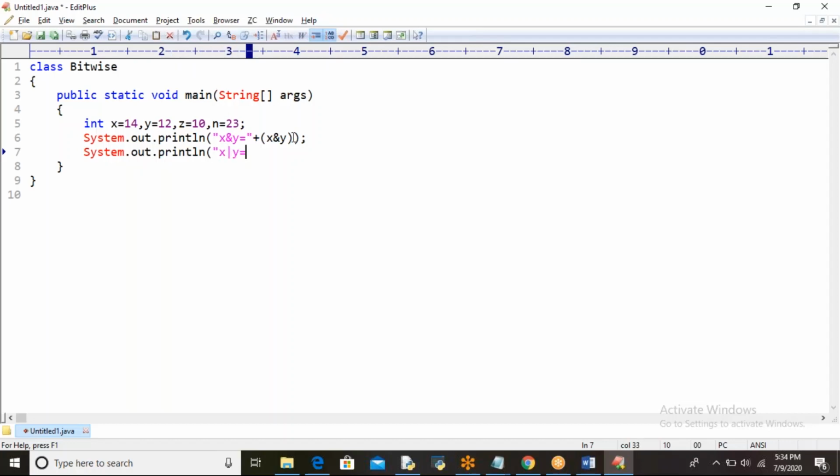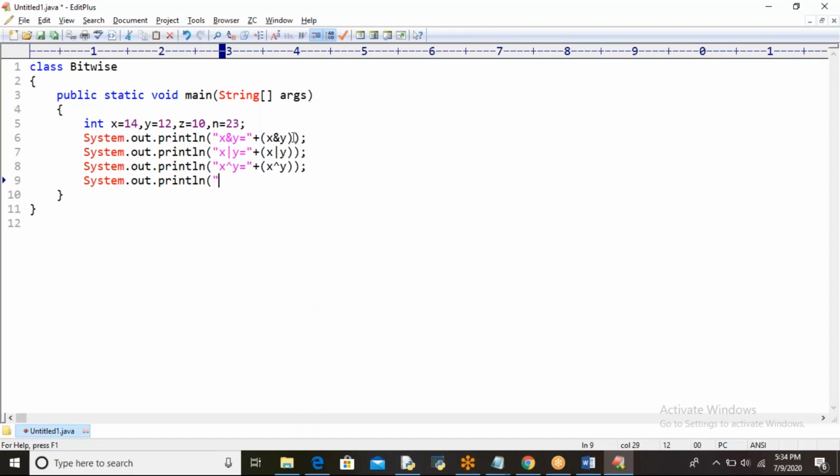X bitwise or y is equal to, x exclusive or XOR y is equal to, and then next, left shift and right shift, right?